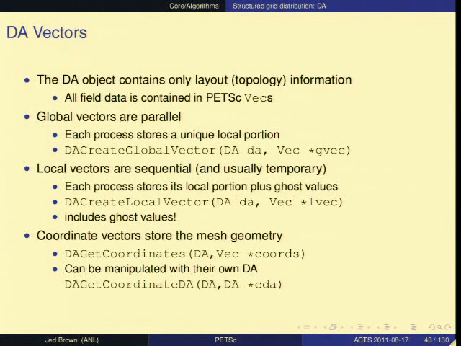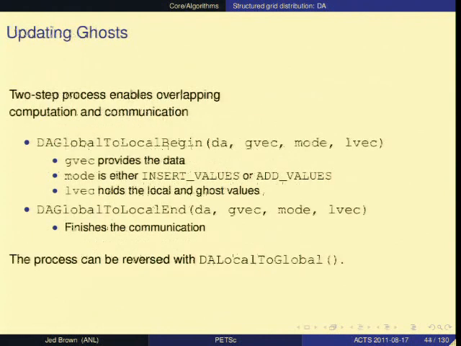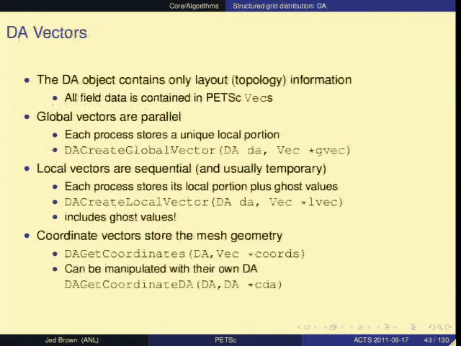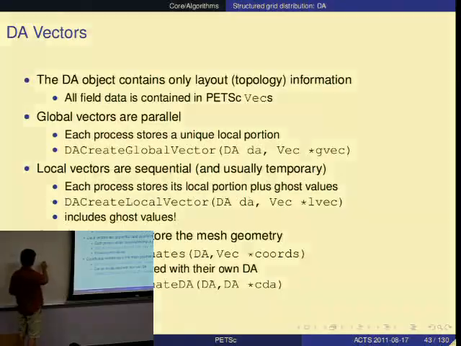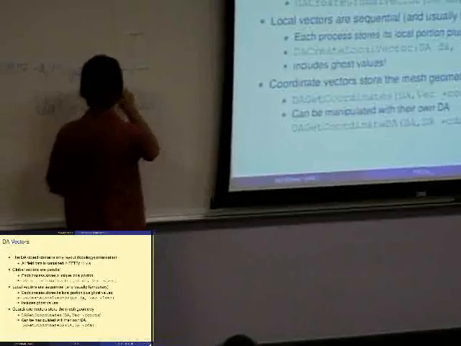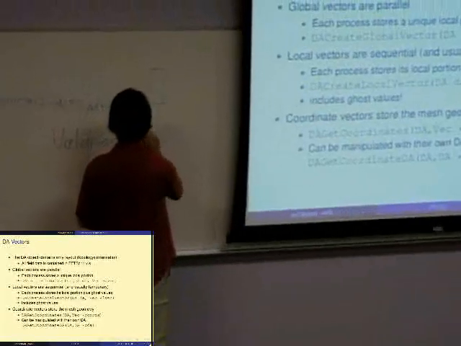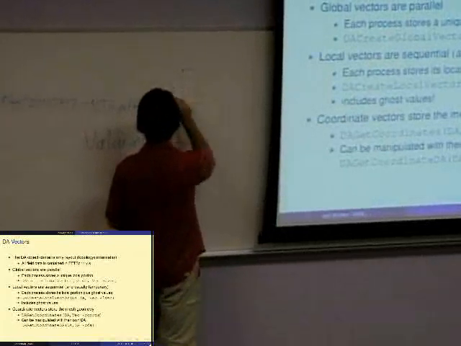There's global vectors and local vectors. So the global vector is the thing with the parallel semantics. The local vector is split out. So for example, I can have this big parallel vector, and it's decomposed. There's, say, rank 1, 2, 0.